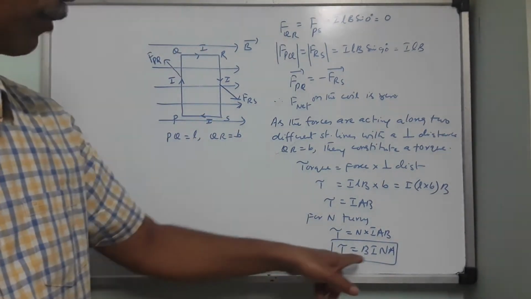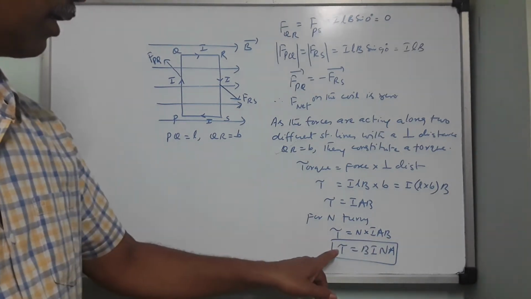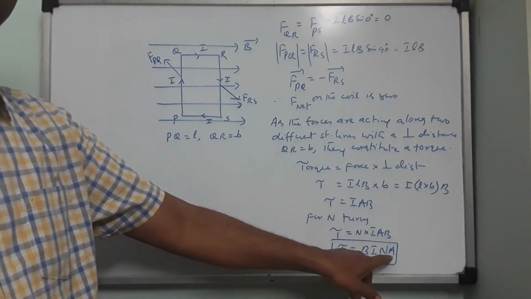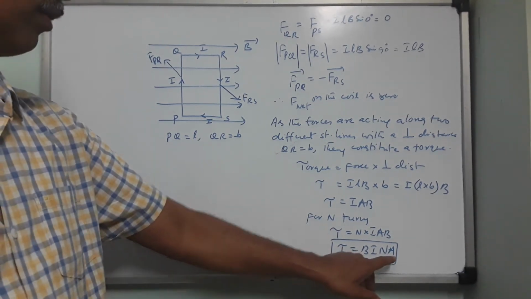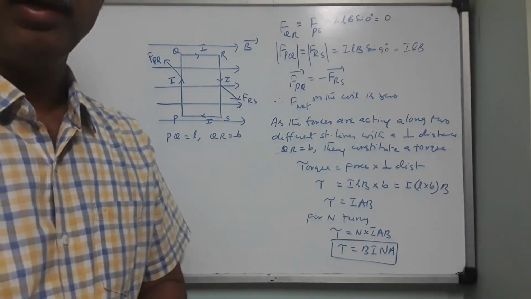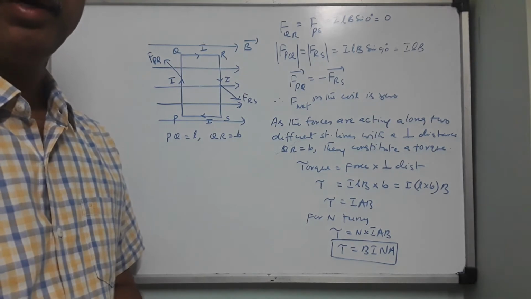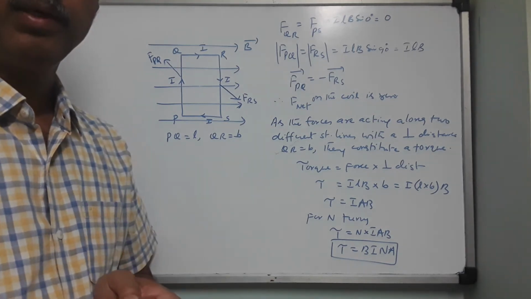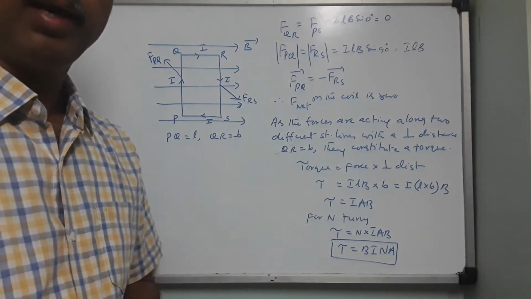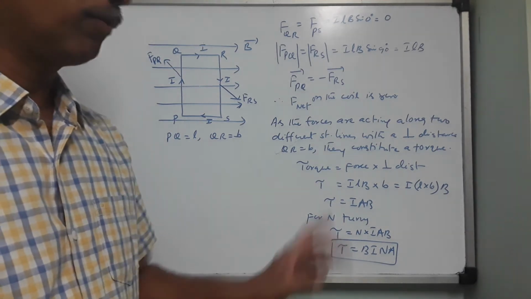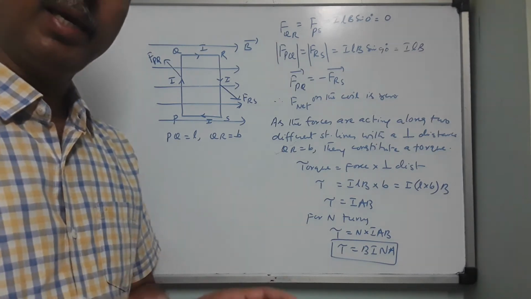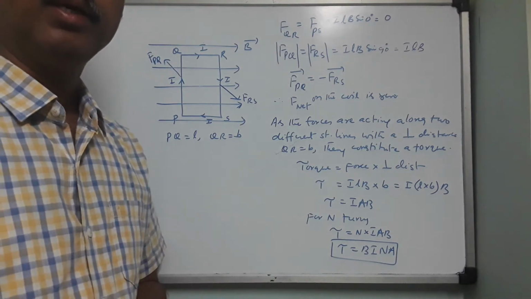So here this expression will tell you that the torque on a coil does not depend on the geometrical shape. Finally, it depends on what area of the coil. So if you have two coils, one is a rectangular coil, the other is a circular coil, both of them carrying the same current and placed in the same magnetic field. If both of them happen to have the same cross section, same area, then what will happen? The torque on both the coils will be what? Same.